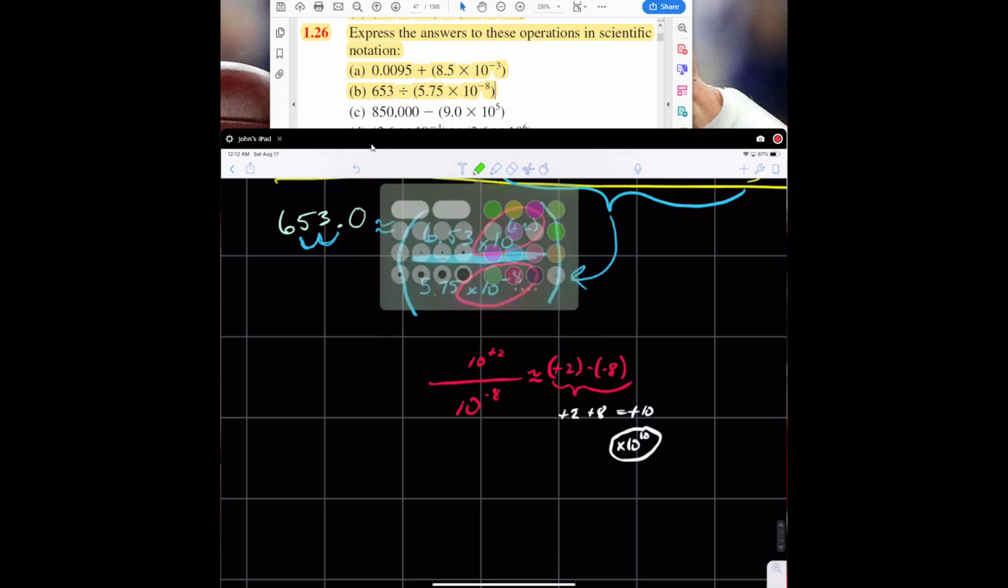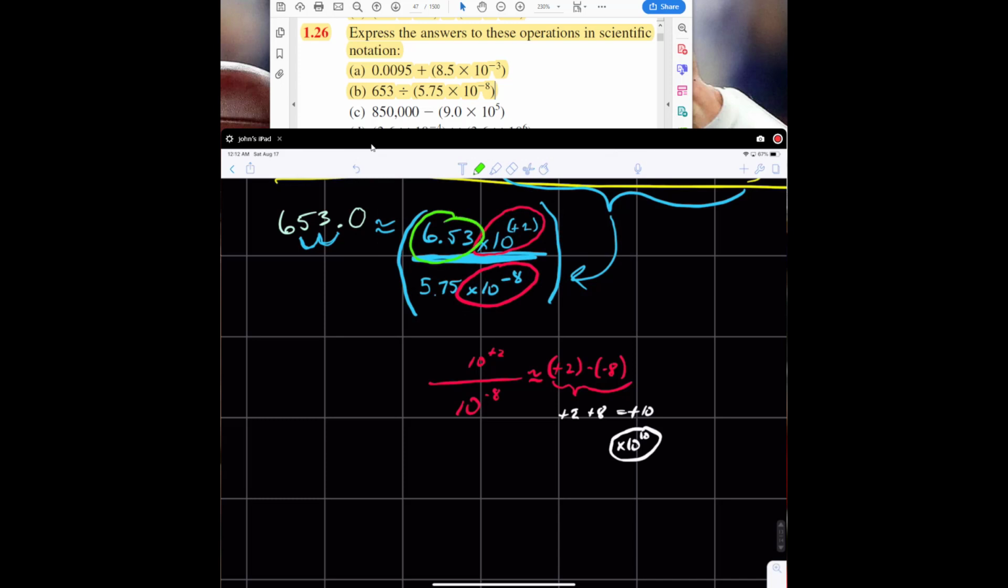So let us now handle this 6.53 divided by 5.75 as normally we would do it. You can do it mentally if you can, or by calculator. 6.53 divided by 5.75 is equal to quite a number, 1.13565217. But